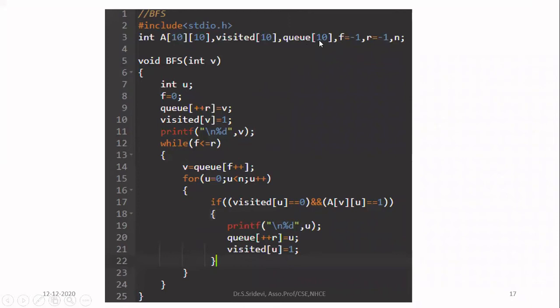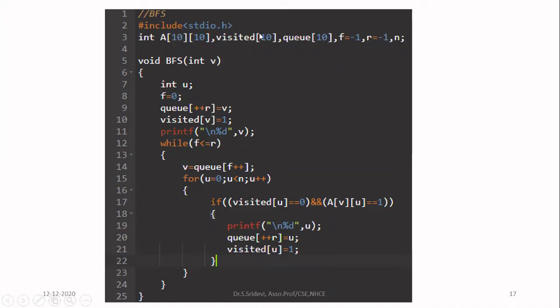After that, when you start your program, you should start with an empty queue. So we need to manipulate the queue with the help of 2 pointers. The reason is in case of queue, we will be inserting the nodes at the rear end and deleting the nodes from the front end. So you need to have 2 variables for keeping track of the index. I'm going to create F and R. F is for indicating the front and R for indicating the rear. Both should be marked as -1 because initially the queue is empty. When you have an empty queue, it will have the index as -1, since we are going to start with the first index as 0. After that, I have n. N is nothing but the number of vertices in my graph.